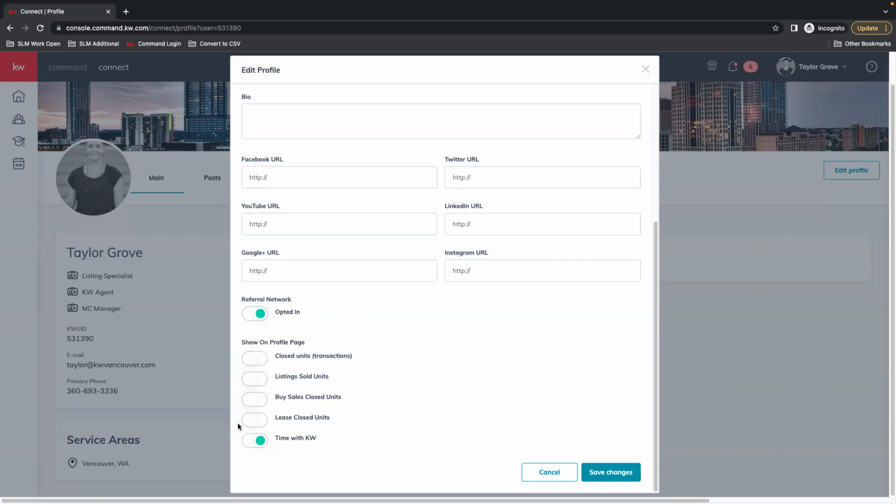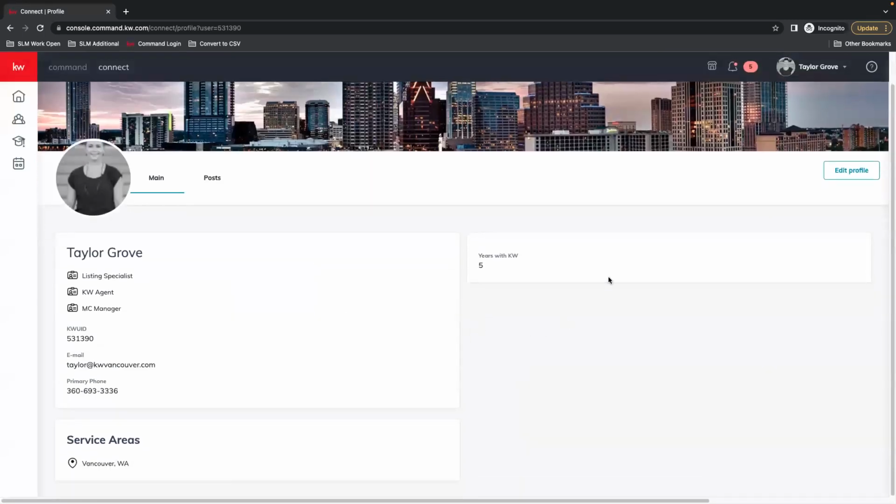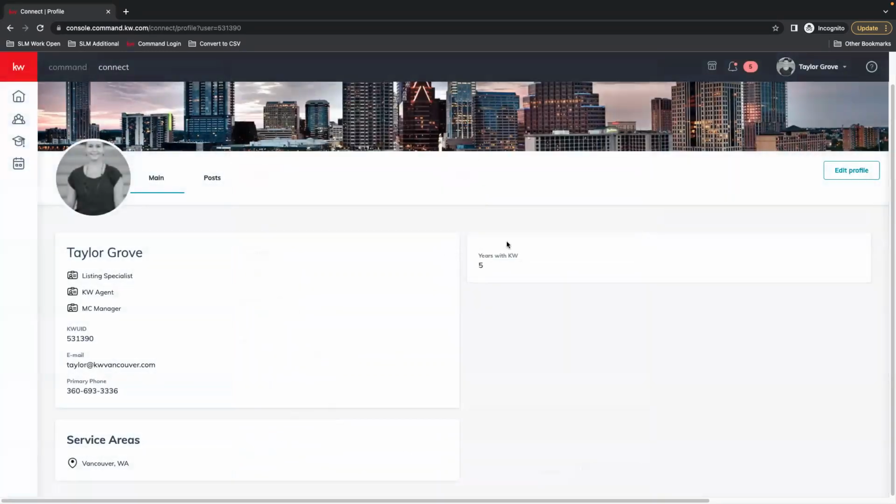And then you can choose what stats show on this page. So if I had all of these toggled on, I don't have any stats, so it should look different, but you'll see years with KW, which is this main one here on the bottom.